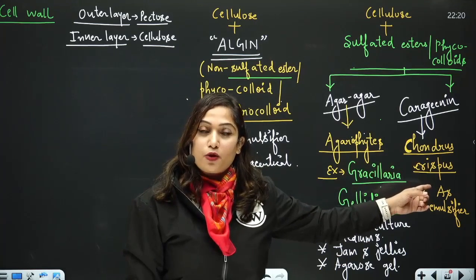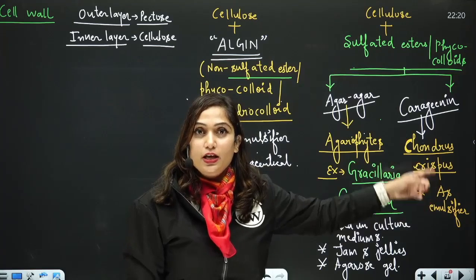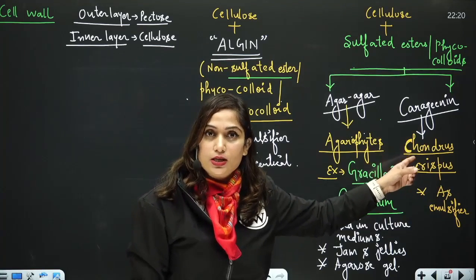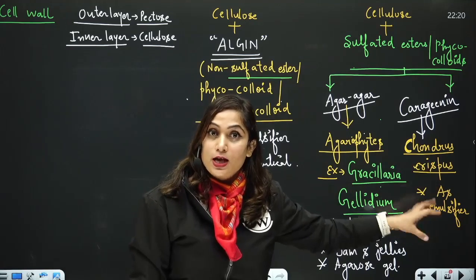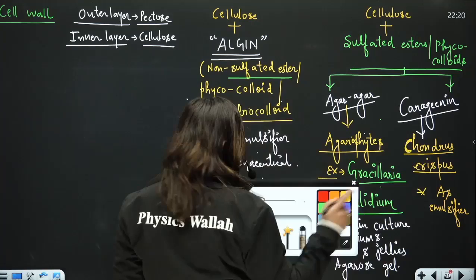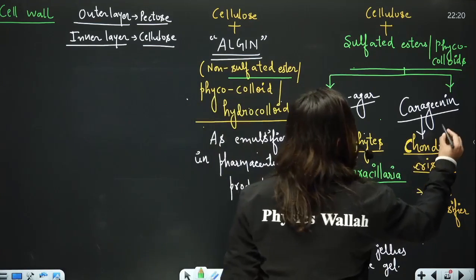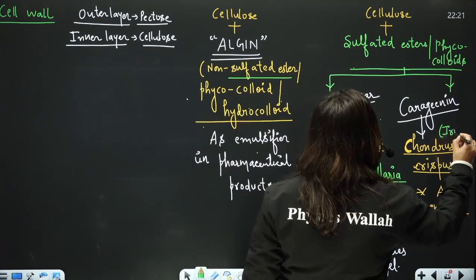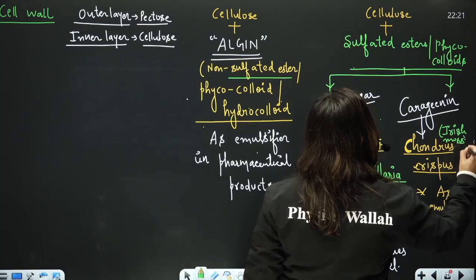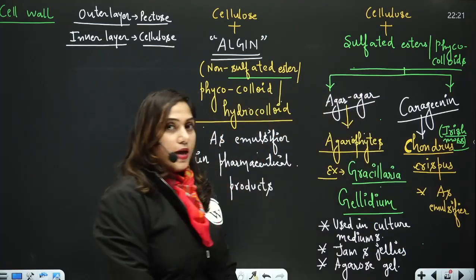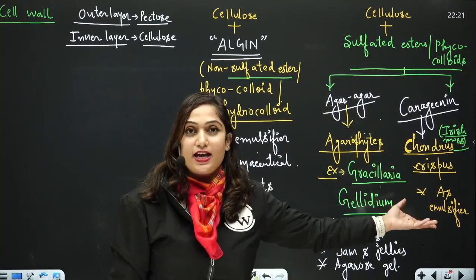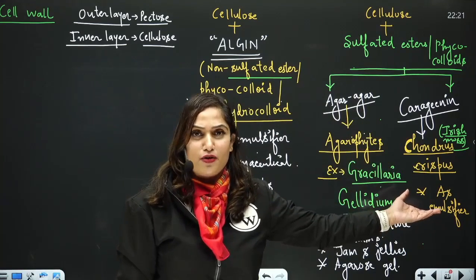Carrageenan is obtained from the cell wall of the red algae Chondrus crispus. It is one single name. Chondrus is the name of the genus and crispus is the name of the species. Commonly it is also called Irish moss, but it is not a moss. It's not a bryophyte, it's a false moss. It's an alga. So it's a misnomer. Chondrus crispus gives carrageenan, and carrageenan is also used as an emulsifier in pharmaceutical products